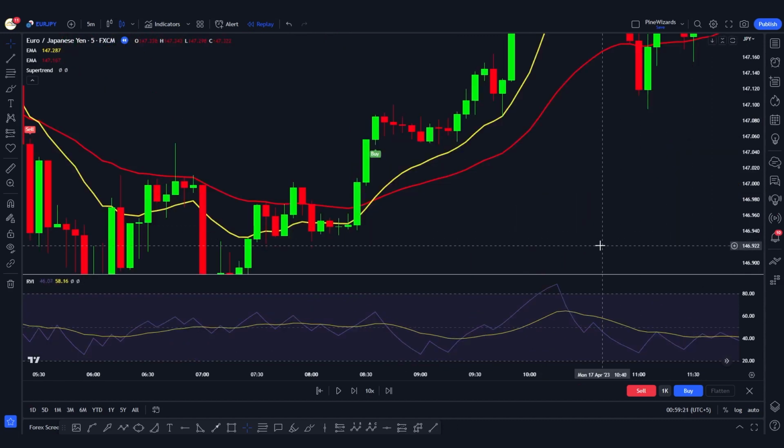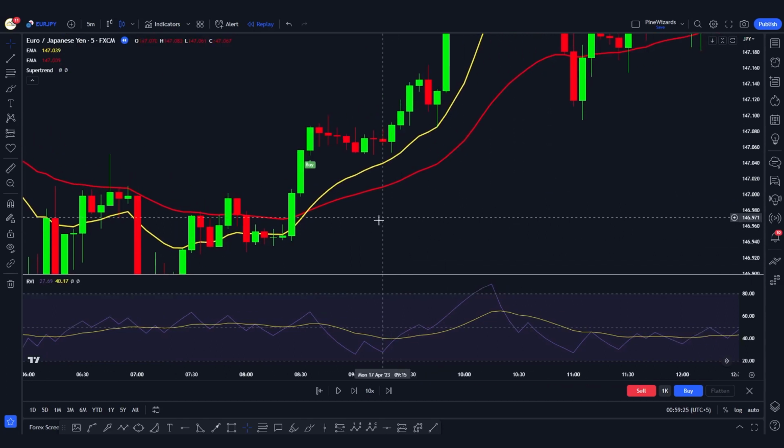Now let's go ahead and talk about the trading rules for taking long position. The first rule is that the price action must be happening above these EMA lines. So as we can see here in this condition, the EMA lines are here and the price action is happening above these EMA lines in this area here. The second condition is that the fast period EMA should be above this slow period EMA that is red in color. So this would mean that the overall momentum is in buyer's favor